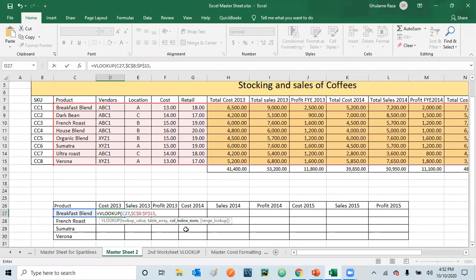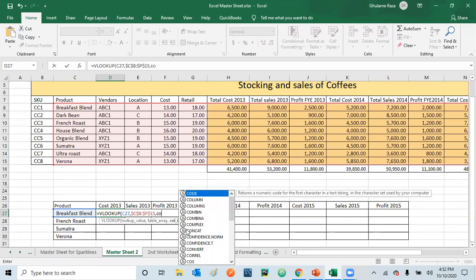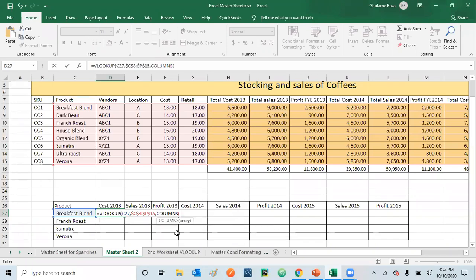When you are applying the multiple column VLOOKUP, you have to apply one more function, that is COLUMNS. Always remember, with an S, it's COLUMNS, the second one. Previously we were counting 1, 2, 3, 4, 5. Here we'll be selecting from the product, which is the heading, until cost of 2013, that is the heading in the other cell.